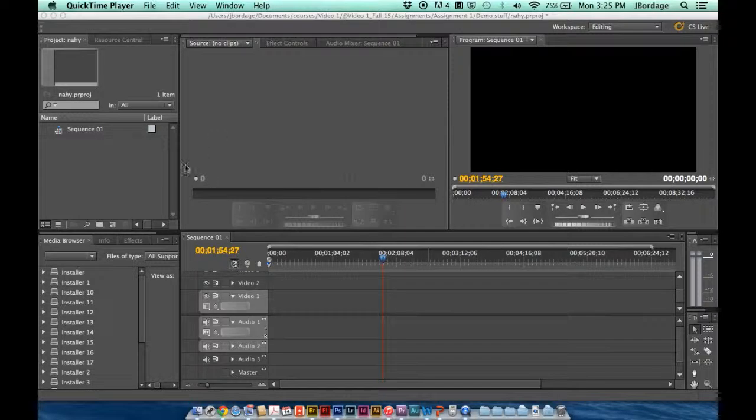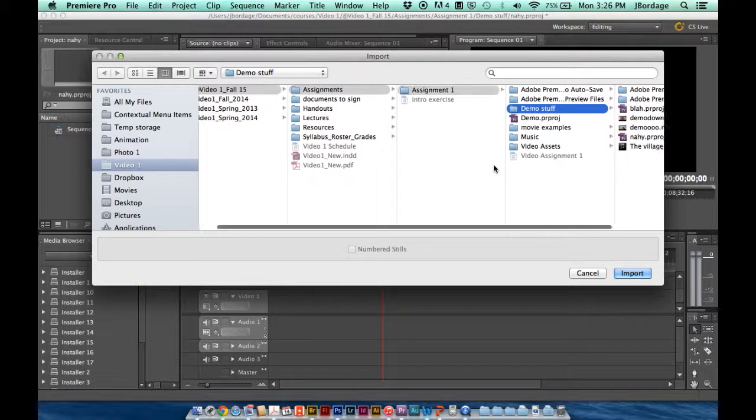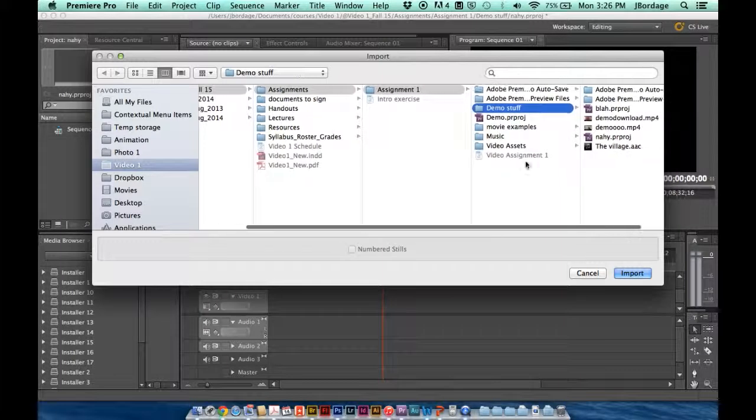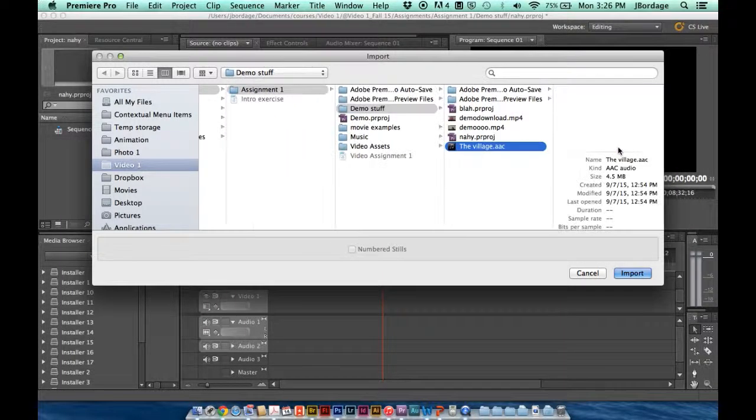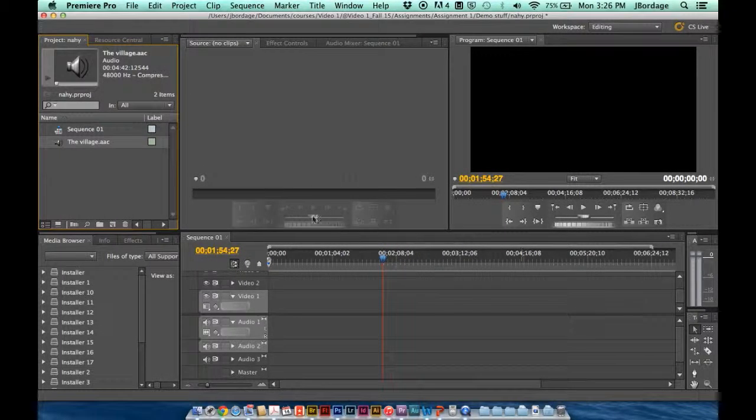The first thing we have to do is import like usual. So we go here. I have a pure sound file, but what I'm about to show you will also work if you have a sound file that's attached to video as well. I'm going to go to the Village soundtrack, and when I import it, it will load up in